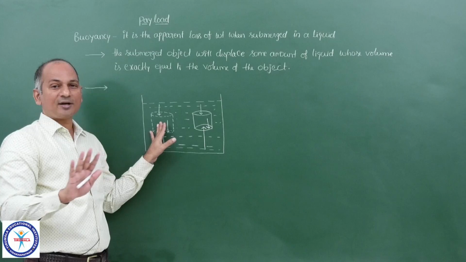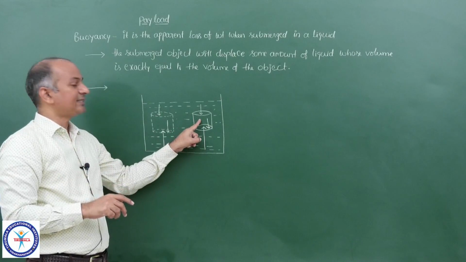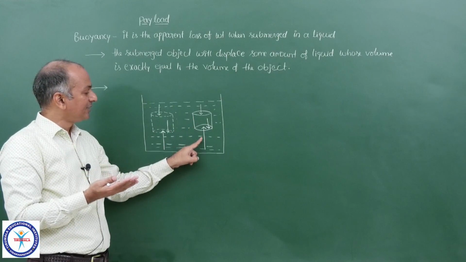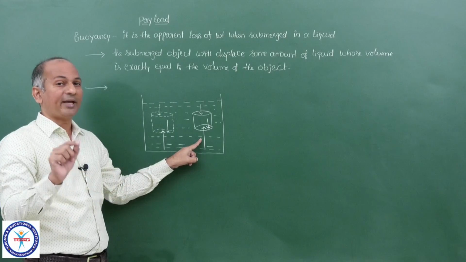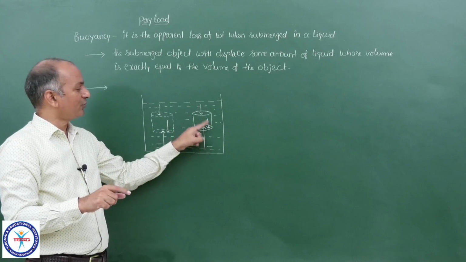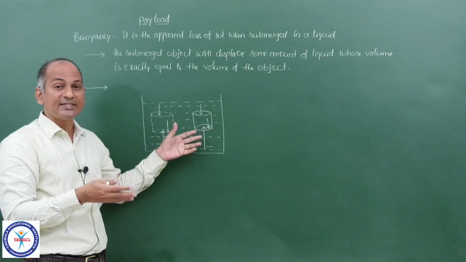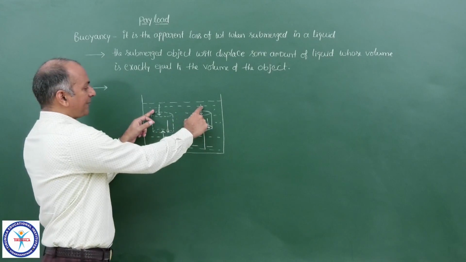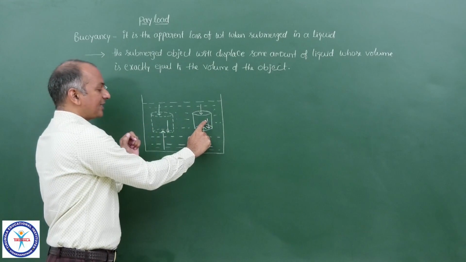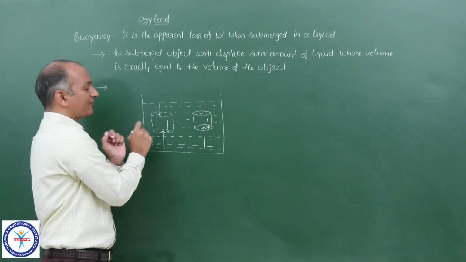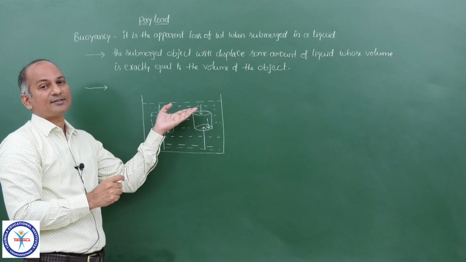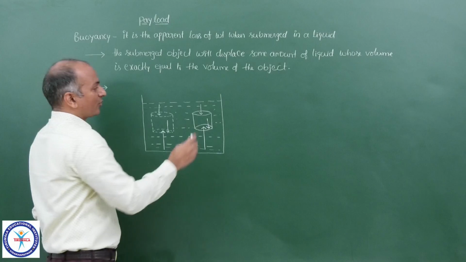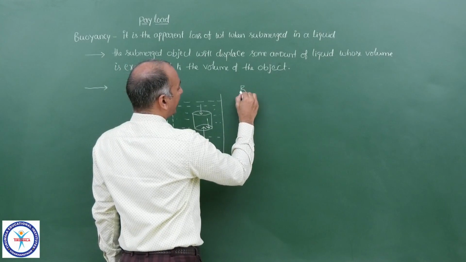So this sample does not move, it is in equilibrium, but this sample rises because this particular force is greater in magnitude than the sum of these two forces, because it is less dense, its weight is lesser. This is the same, but these two are different. This is smaller in magnitude than this force, so it rises. So this is the buoyant force. So now you can define buoyant force.